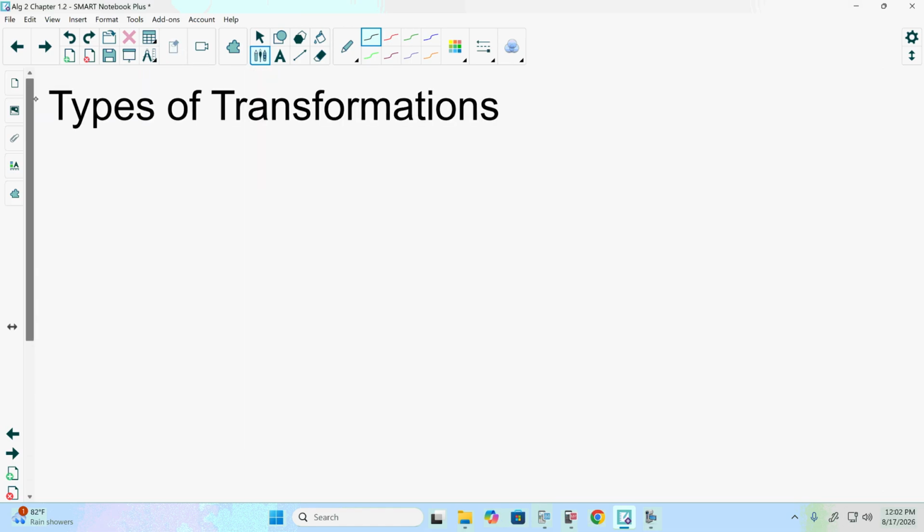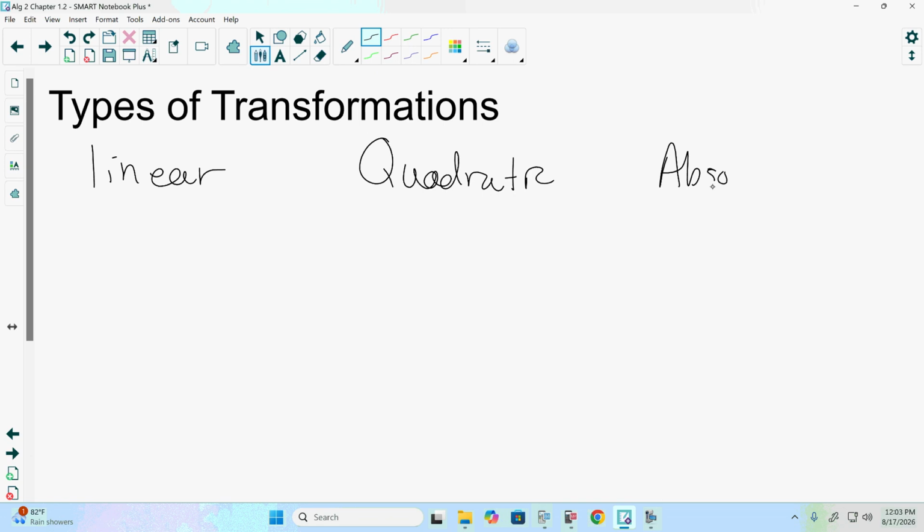Now, the types of transformations we have, I'm going to list out because we do have our linear, quadratic, and absolute value. Now, the general form for all these here, y equals a times